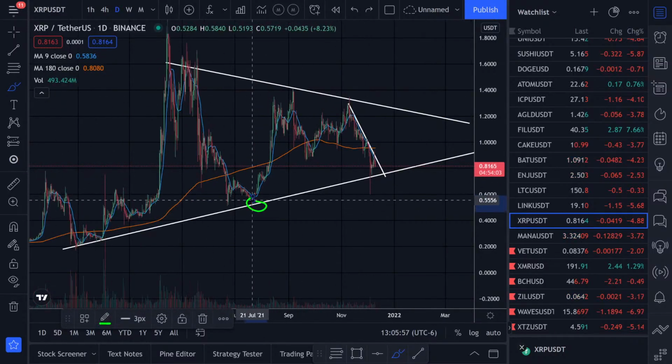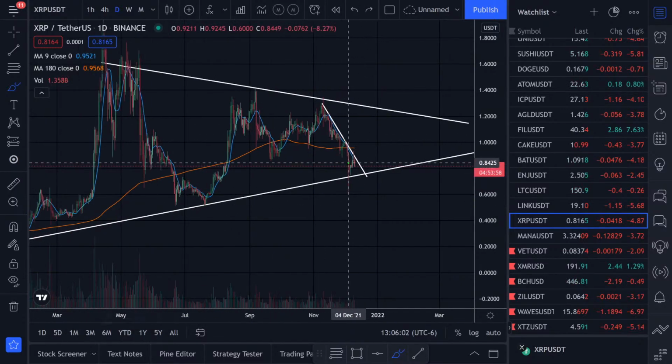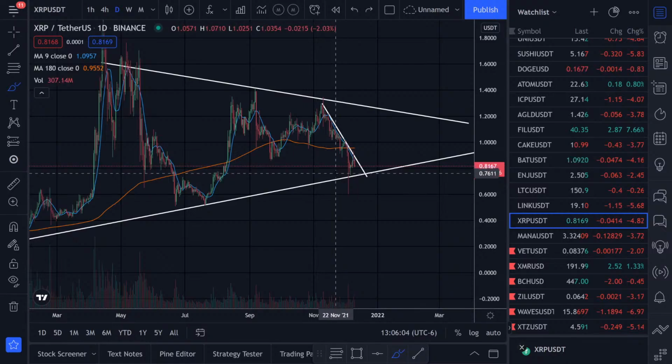I mean, looking at previous support right here at around 50 cents. If it continues to head down, if it breaks up, I mean, this might be a good spot though. This might be a bottom spot. Basically, it might be a good spot to,